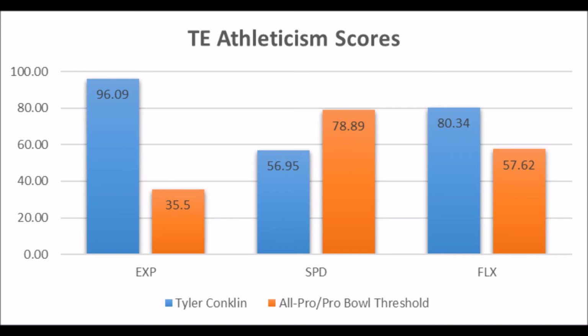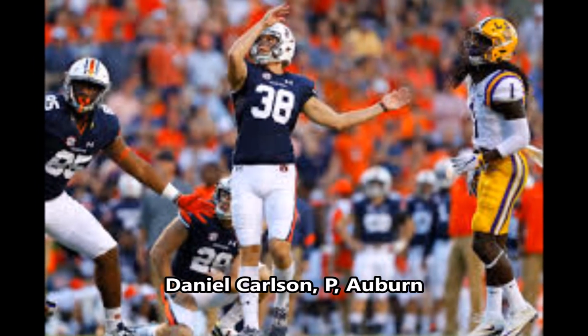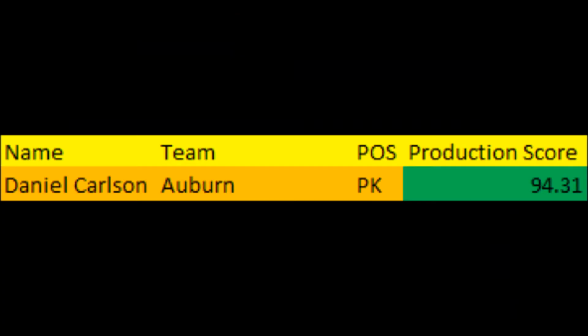I think there's a pretty good shot that Tyler Conklin can become a long-term starter based on his explosion and based on his flexibility traits. Then, of course, you get to Daniel Carlson, punter out of Auburn. When you look at his production score, he hit a 94.31 punting average score, and that's compared to every single punter since the 2001 college football